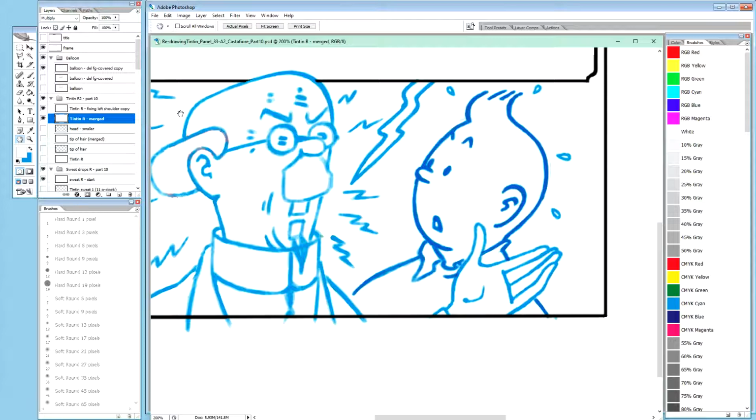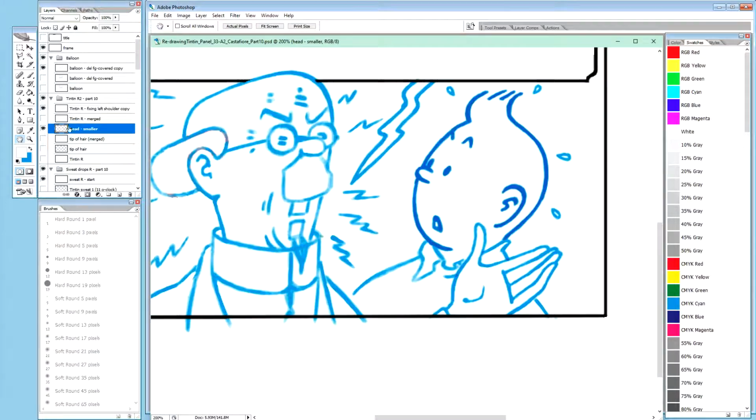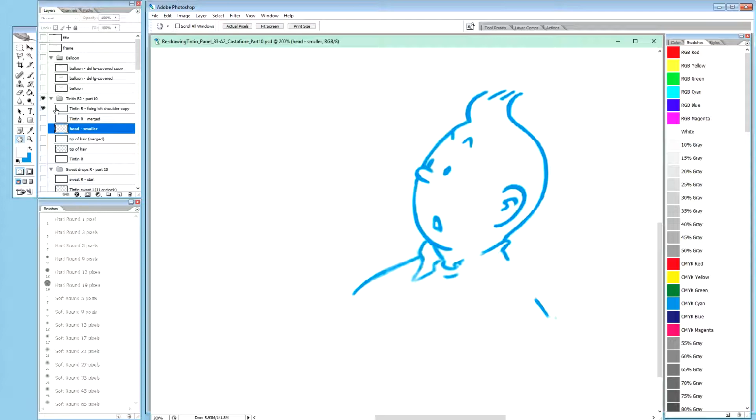As I said in one of the previous videos, I'm keeping track of my merged and my non-merged. So whenever I cut out a section here, let's say if I do a head, for instance, here I copied and pasted, I make sure to have the title of the layer to the very left with that object that I have cut out. So here is just a head, but up here it's Tintin, everything in Tintin, right? So it's the sort of merged version where we fix an ear, and then we merge it with a Tintin R, the refined Tintin,